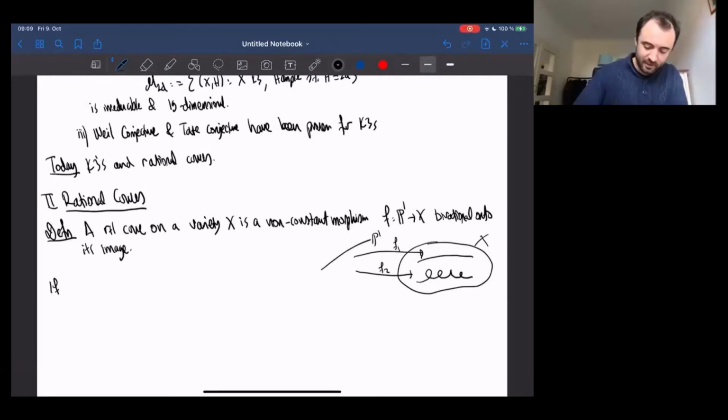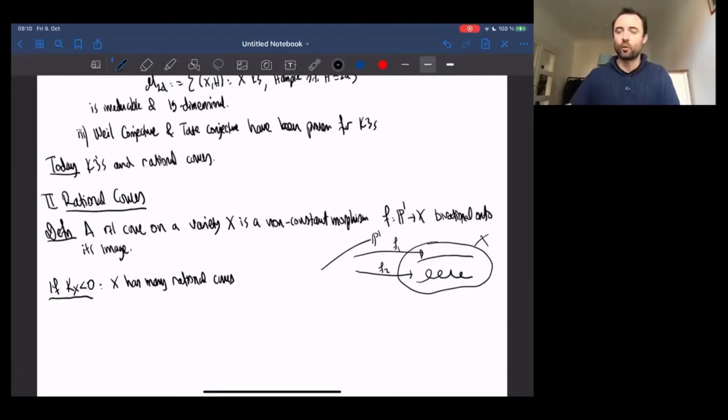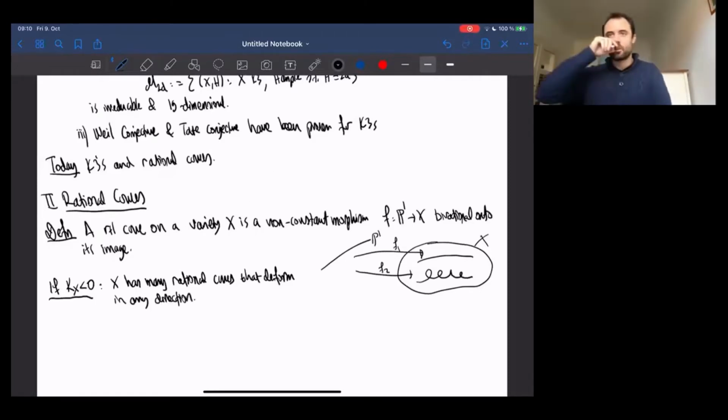One of the things that one can say here is, if the canonical divisor of X is negative, then it's known that X has many rational curves, that basically you can deform in any direction and in any way that you want. Whereas on the other hand, if the canonical divisor is positive,